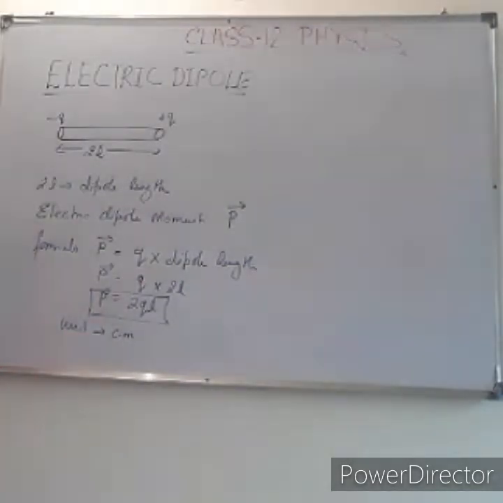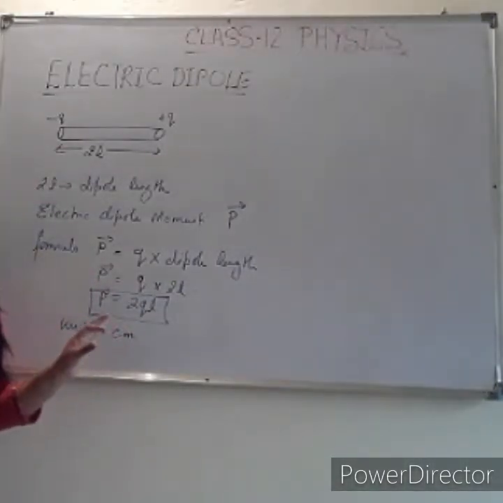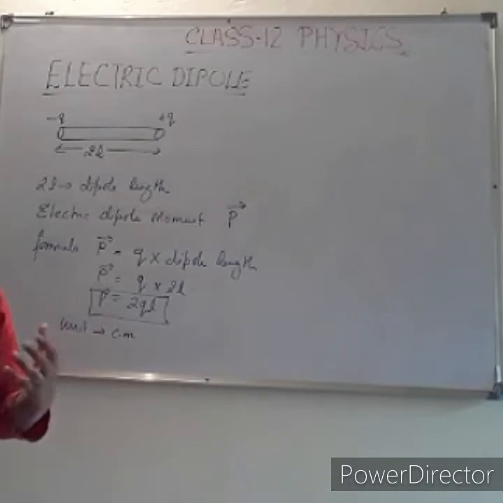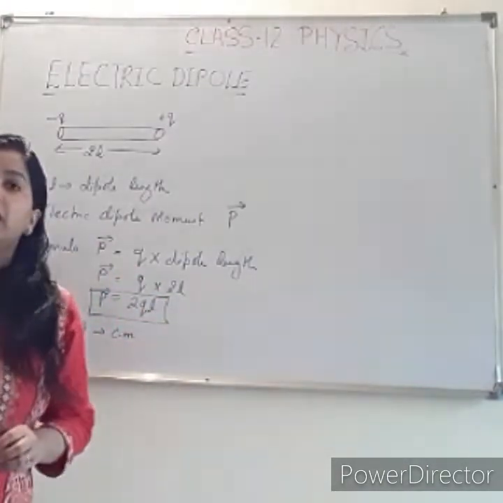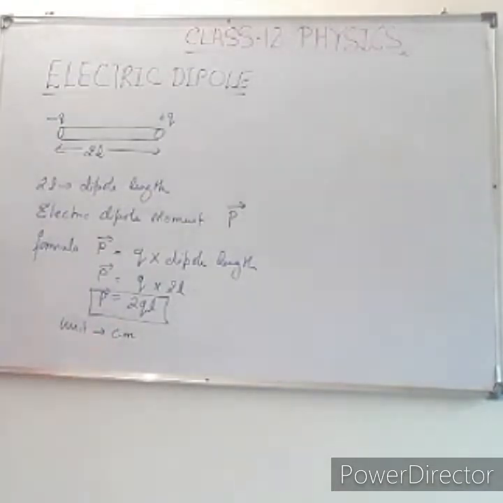Now, what is the physical significance of dipole moment? Till this lecture, this is my lecture number 6, we have discussed so many charges: one charge, two charges, other charge value systems. There may be various charges having different values. But this is the specific system which has equal and opposite charge values. And there is a physical significance of these types of charges. That physical significance we can see in molecular structure.